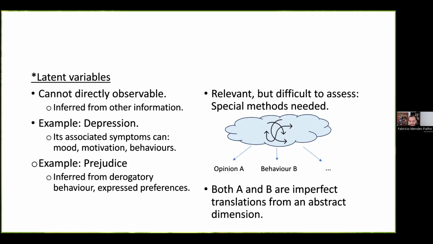But here's the idea of understanding what is a latent variable. Here we have this abstract dimension where there are so many things going on, but we cannot observe them directly, but we can infer it when we see that certain individuals express certain opinions or act in different ways and so on, right? For instance, in the depression example, some individuals may express they are in a constant low mood, they behave in certain ways that may indicate a lack of motivation and so on.